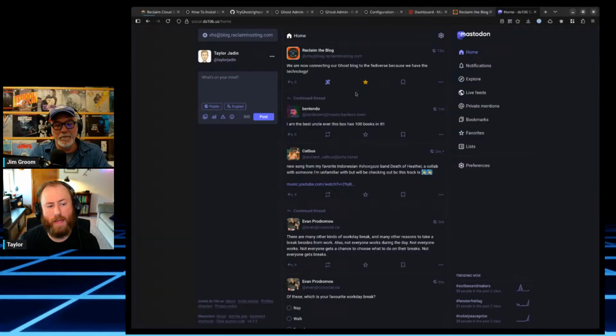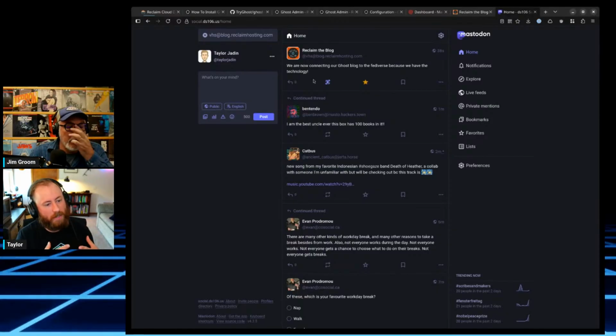Our use of Mastodon as a company is pretty simple in general. We're mostly using it the way I was describing. We write something on our blog and then we link to it from social media. And that's something we've talked about before. We've given presentations on the fact that we're centering our presence on the blog. Not new for maybe Reclaim, but the same message in a different way, let's say. But I love that we could do that even further.